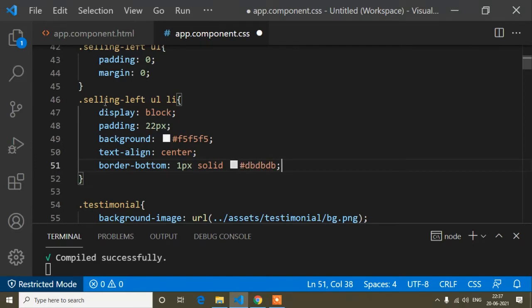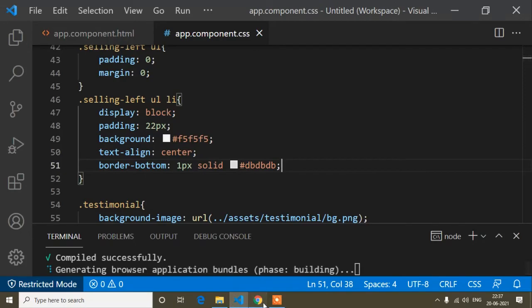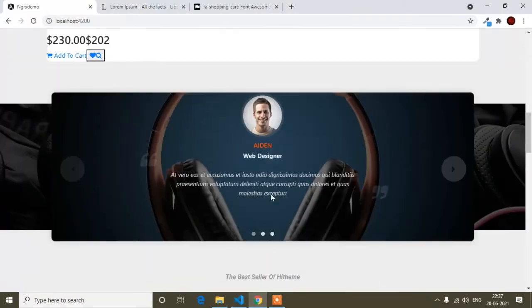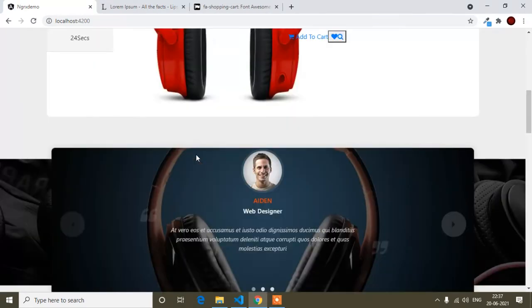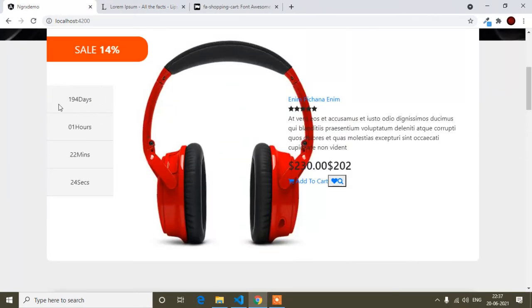And now I will save, and first of all I will show you. So it's taking time. So now you can see it's added like this.